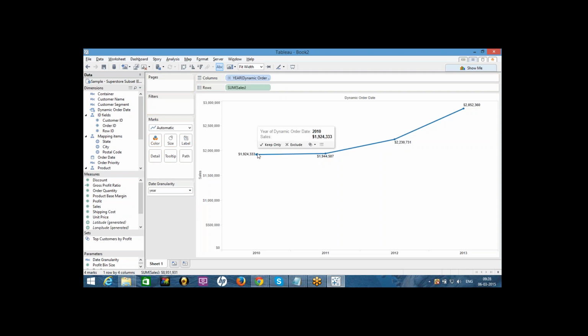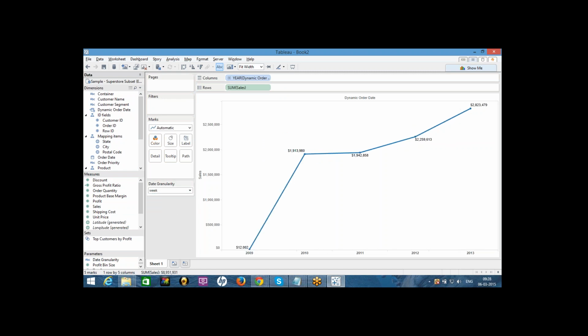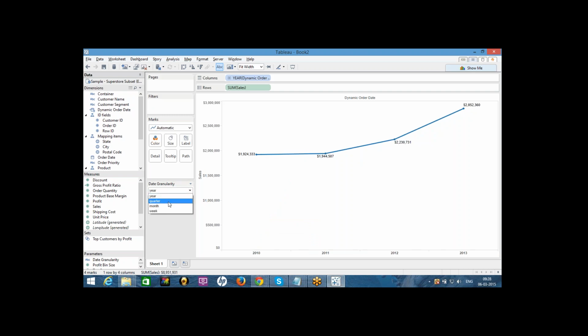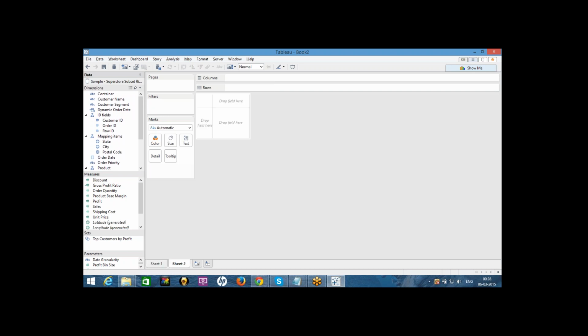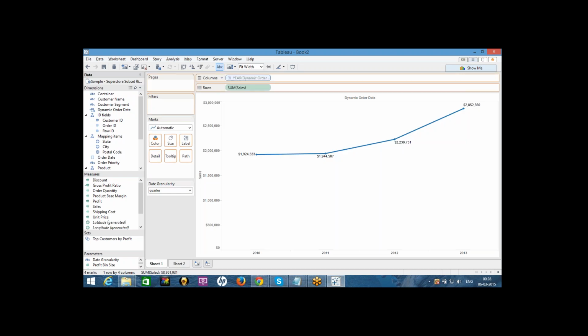Right now it is showing the year, and the moment I change it, it's not getting changed. Let us do it from the beginning because there may be something wrong with the calculation part.